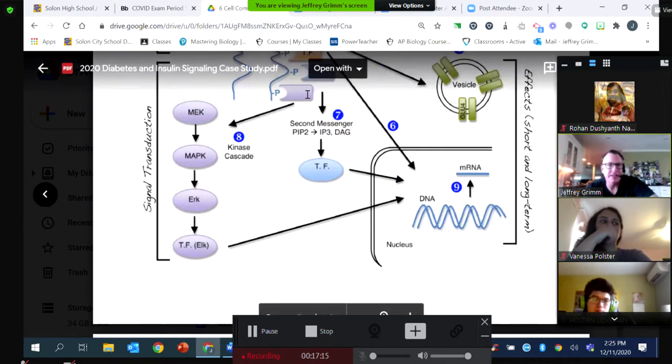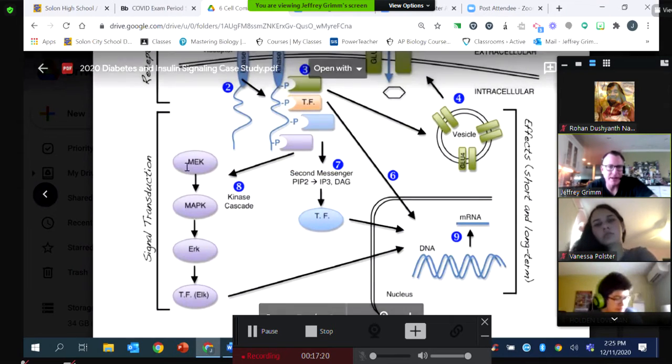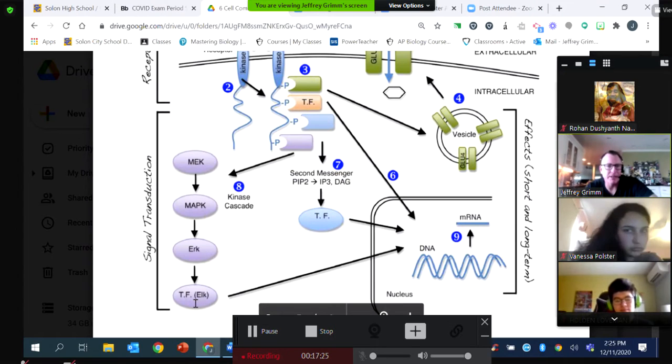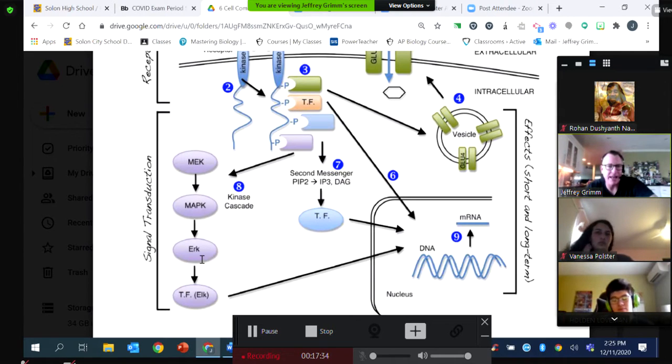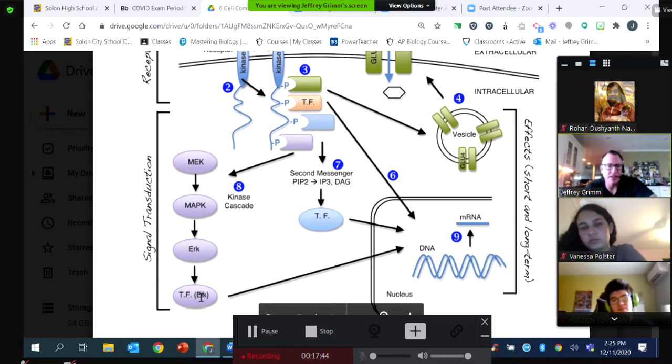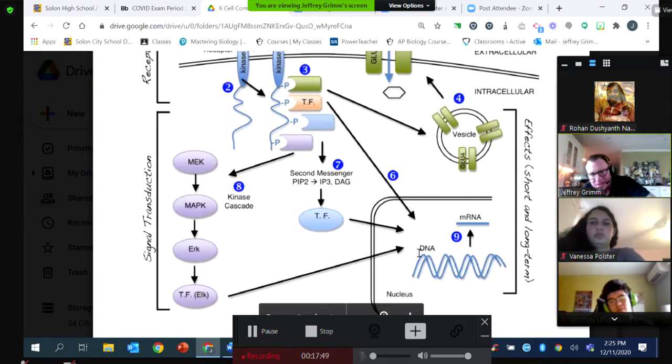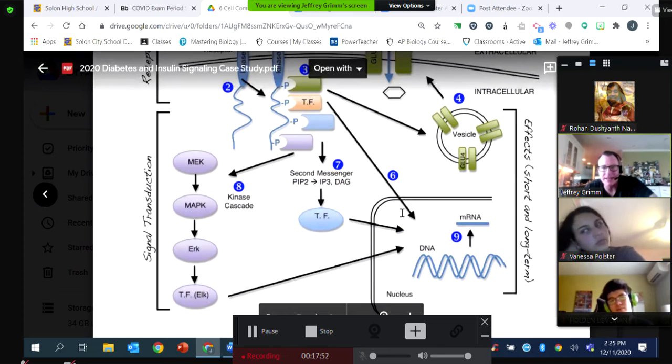Now, the other thing that's going to get activated, we are going to initiate another secondary or transduction pathway that we have MEK, MAPK, ERK, and then it ends up in another TF. Holy mackerel, whatever that is. So this ends in K, this ends in K, and that ends in K because each of these is a kinase. MEK phosphorylates this guy, which then phosphorylates this guy, which then phosphorylates the ELK. And when you phosphorylate the ELK, it's an activated transcription factor that also goes into the nucleus. So we're now activating 3 different genes.